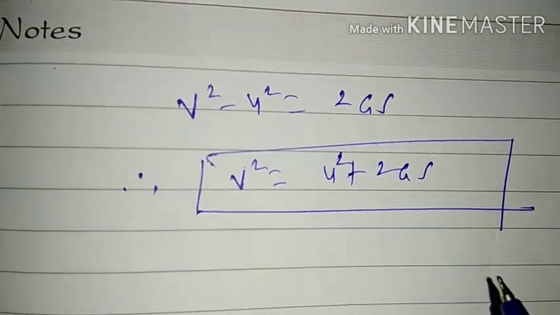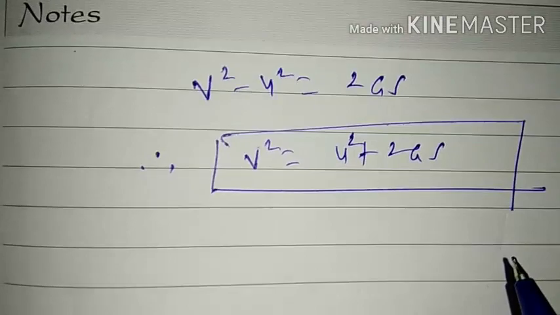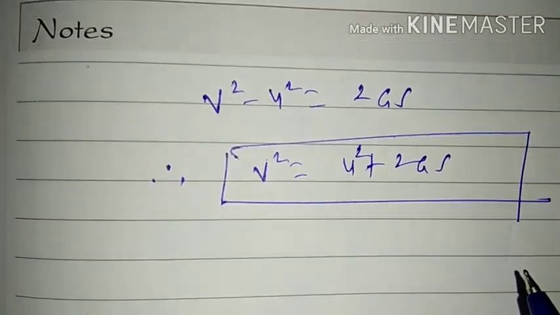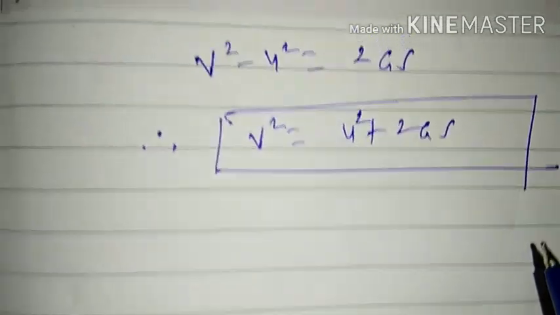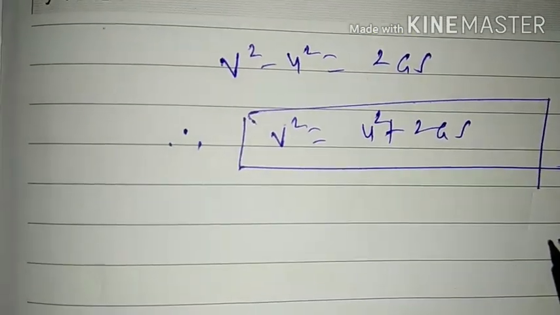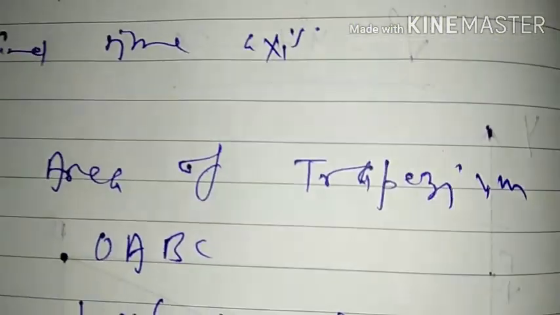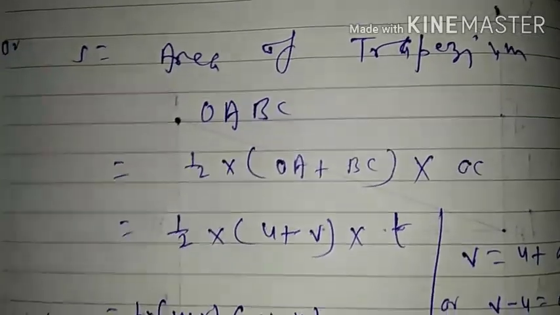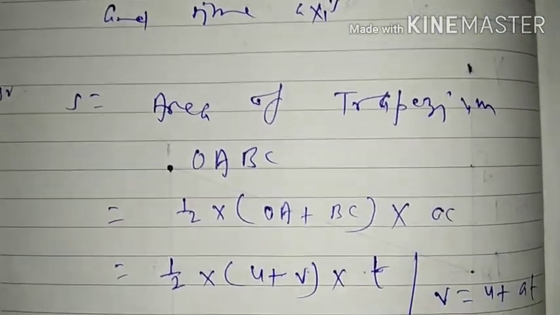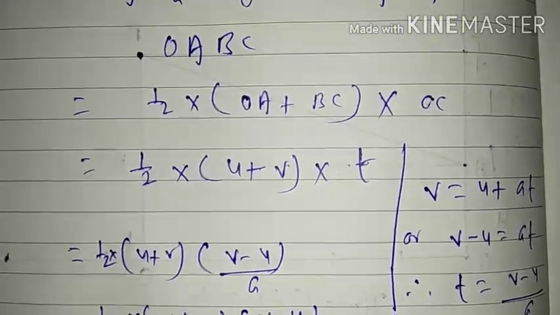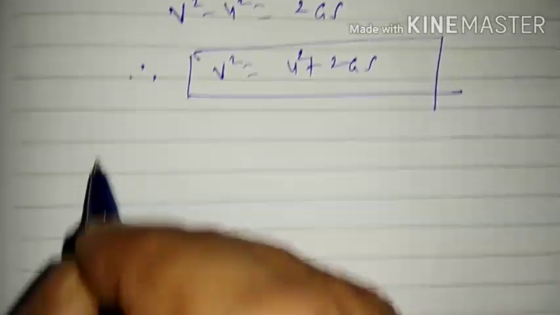So once again, I am repeating the same task for you. Revise this lesson 2 times, 3 times, or as many times as needed until you are confident. After being completely confident, you try to solve it yourself and write without any help. So once again I am giving you the same homework.